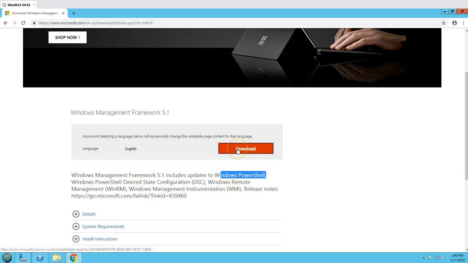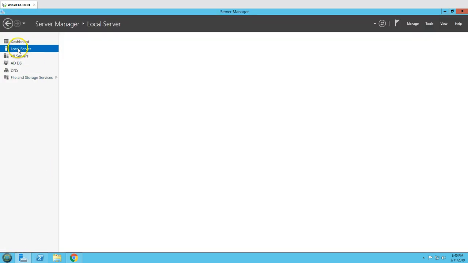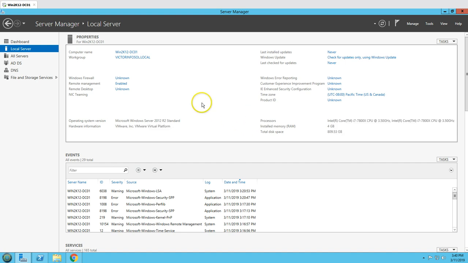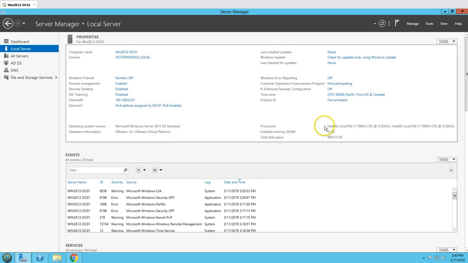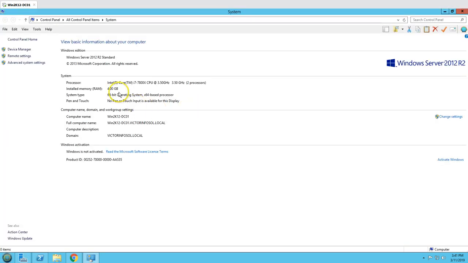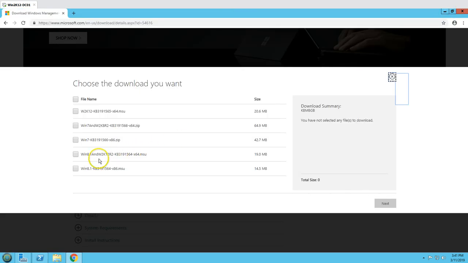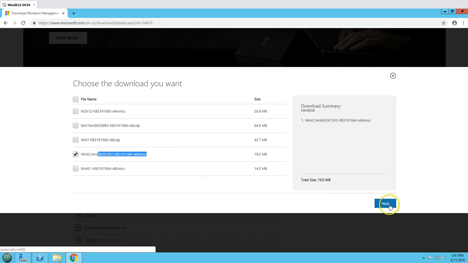When I click on download, it's going to show you 64-bit and 32-bit. I'm running a 64-bit operating system here, and you can verify that. So if I go here and check, this is a 64-bit operating system, you can see. So I'm going to download the 64-bit version, which is given here. Also you can verify it's for Windows 2012 R2, which is good. So I'm going to click on next,